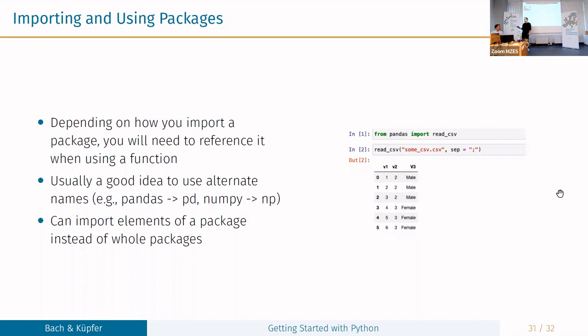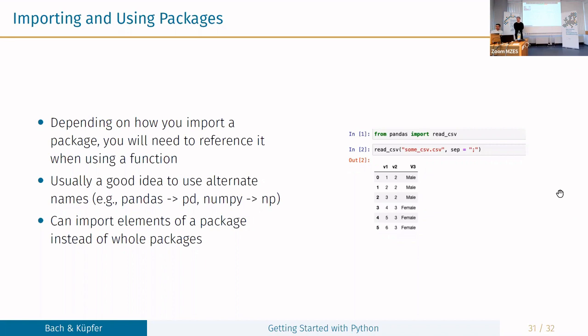Do you know what is good style? I think for pandas, everyone is doing it with pd. But I don't know why. It's just some convention. Everybody's doing it like that. I think for smaller packages, it's also appropriate to just import all functions that are available without pd or some shortcut. But I've seen all different naming conventions somewhere. So there is no real convention there.